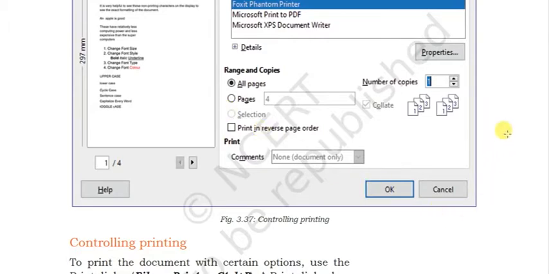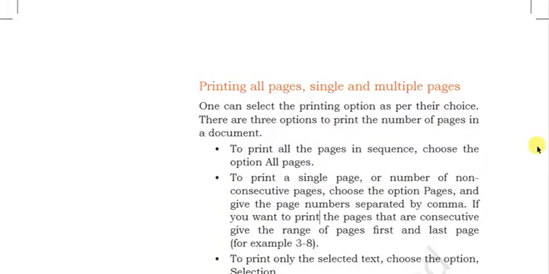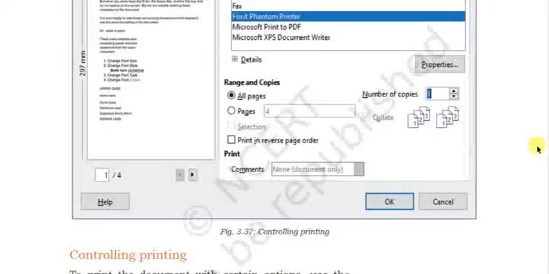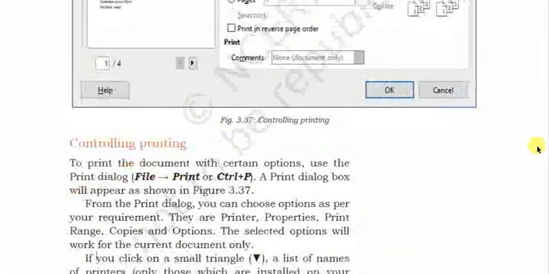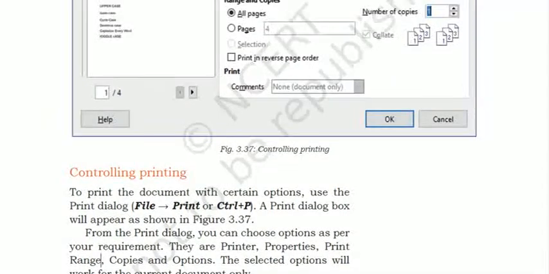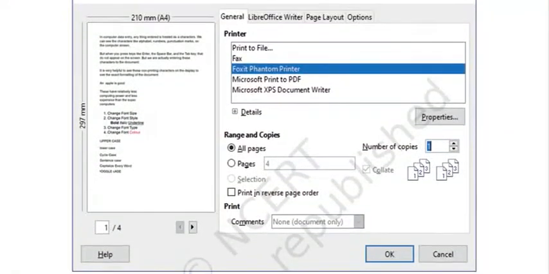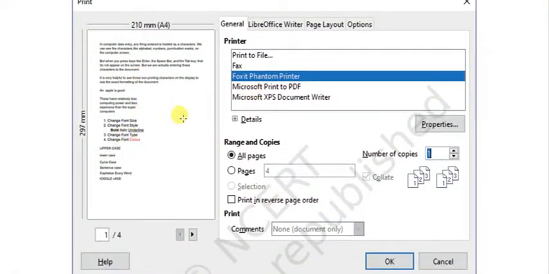Okay, so this print dialog box is very much important to control your printing experience. Okay, here all these options are given to you. You can have a preview of it. You can have the number of printers that are attached. You can select.